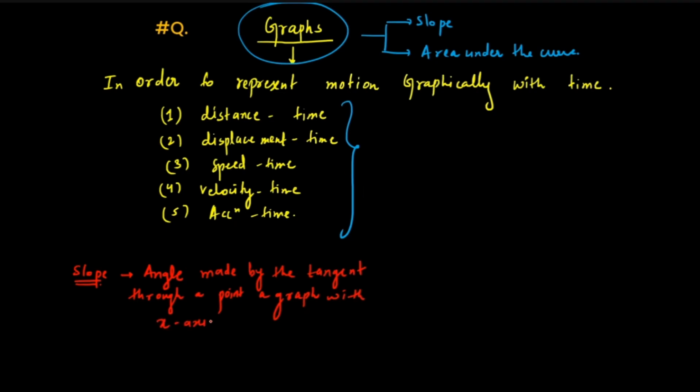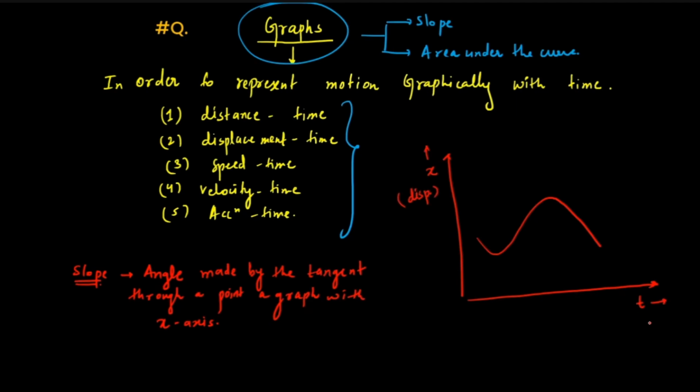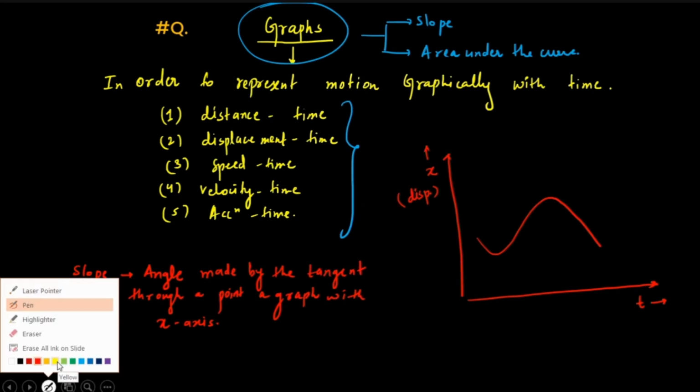So that is something which will give us slope. For example, suppose we have a graph, and in this graph the motion is represented by this particular curve. I'm assuming this is a displacement time graph, so I can write it as an x-t graph. Displacement can be written as x in terms of graphical representation. At whatever point I have to find the slope of this graph,